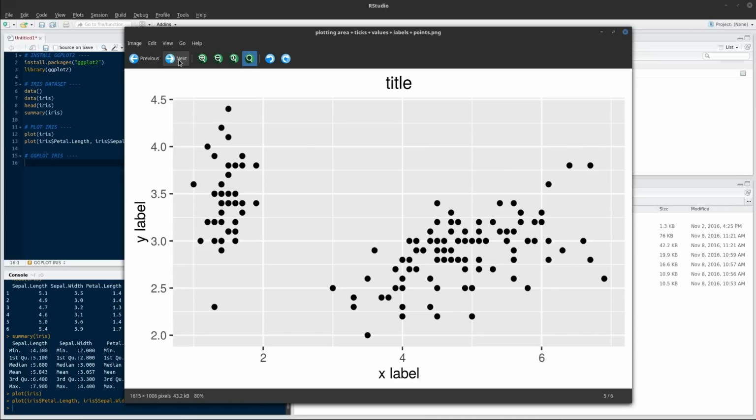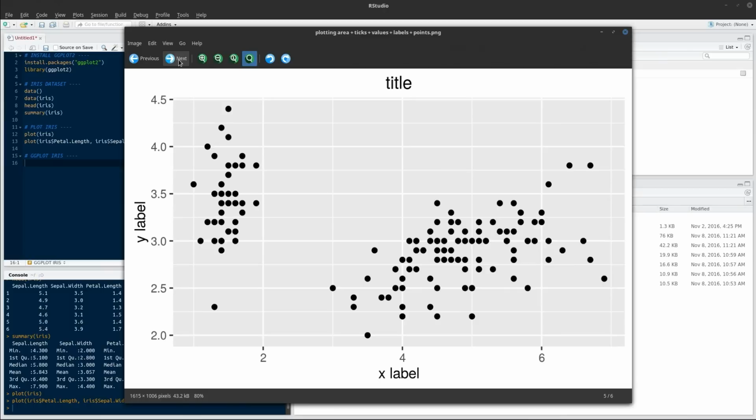It could be a circle, a line, a square, a box, or text. Some sort of way that your data can be represented. So for example, at the moment we've got point geoms. So we've got dots to represent an individual